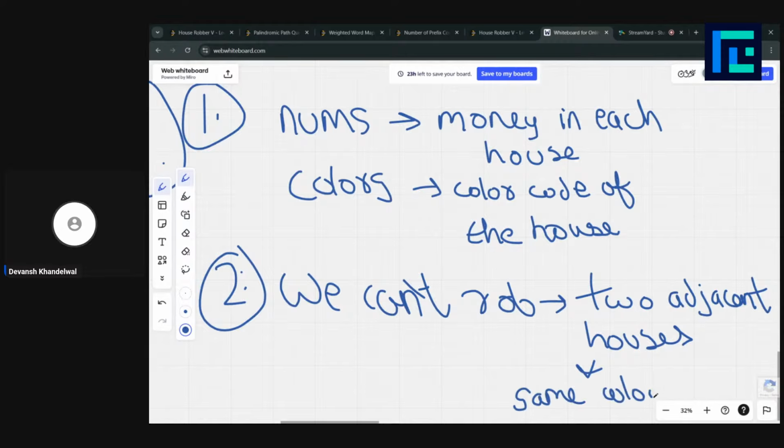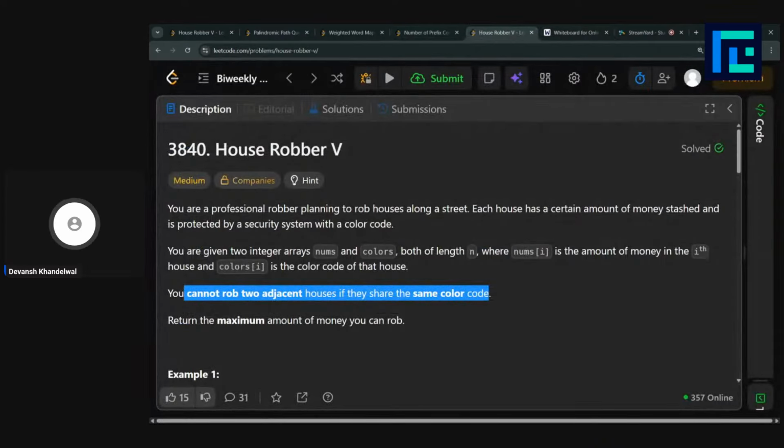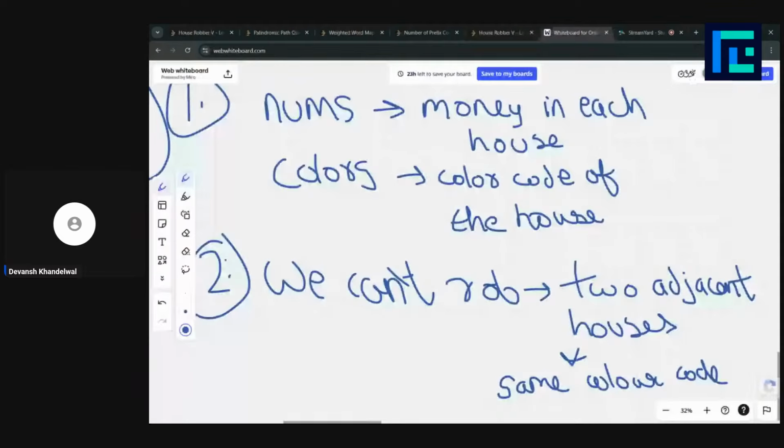Then we need to find the maximum amount of money we can rob. Okay, great. This is the entire problem.